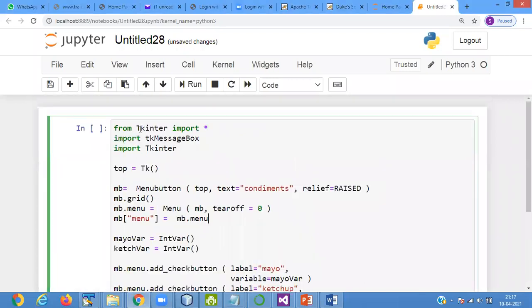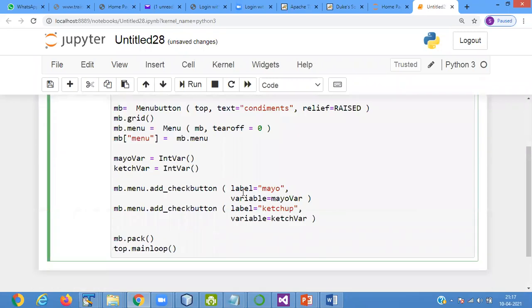Okay, sir. So we are using tkinter. Label is suppose hello. Then suppose demo.